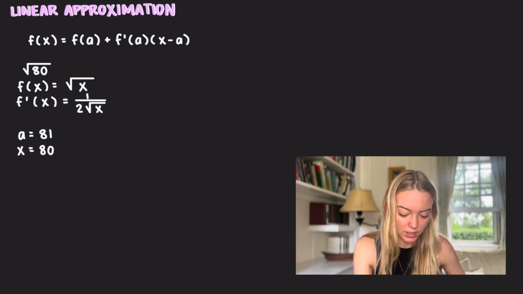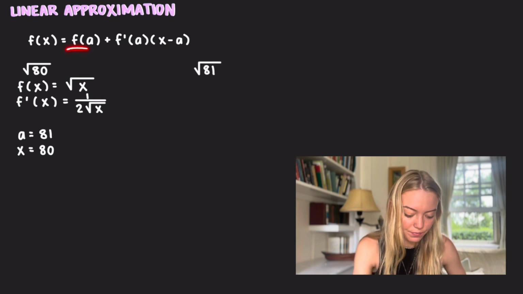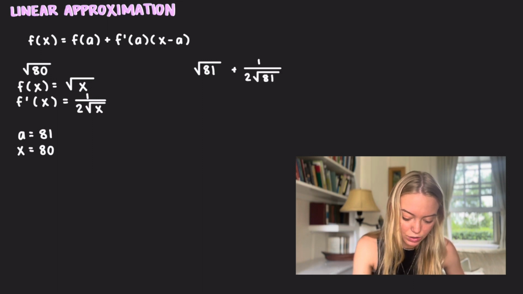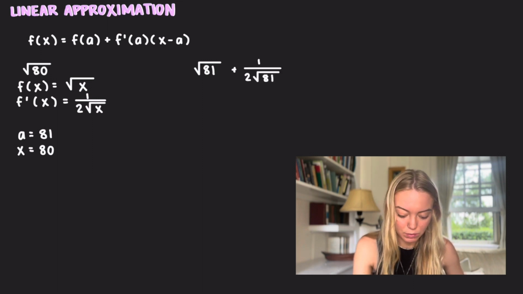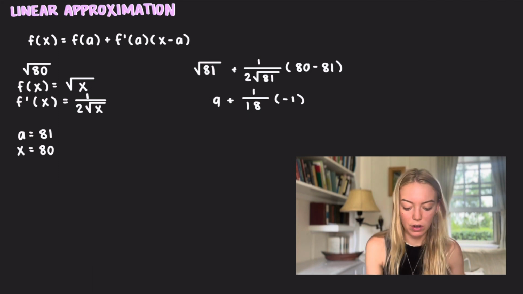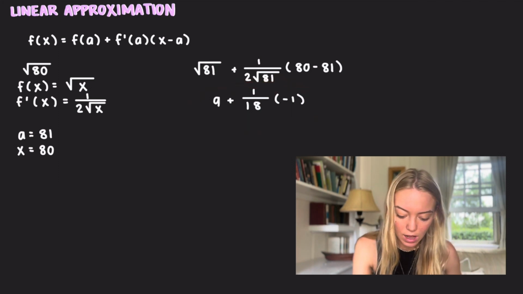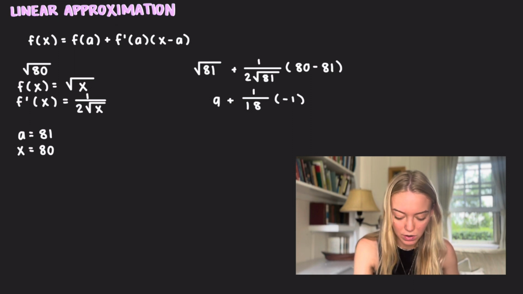So, okay, time to plug and chug. Root 81 is our f of a, plus f prime of a, which is 1 over 2 times root 81, times x minus a. Okay, simplify this a little bit. Okay, cool. So this is an acceptable answer, but if we just check to see how close we are,